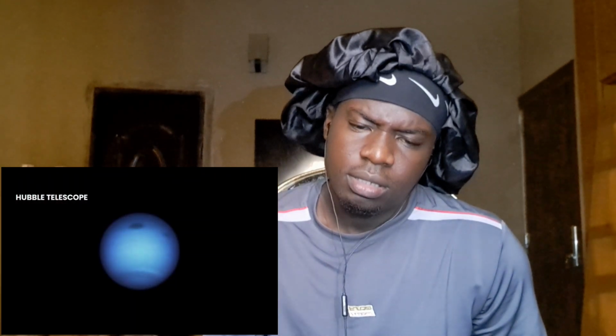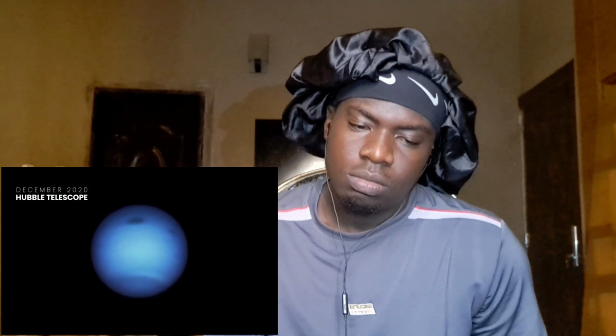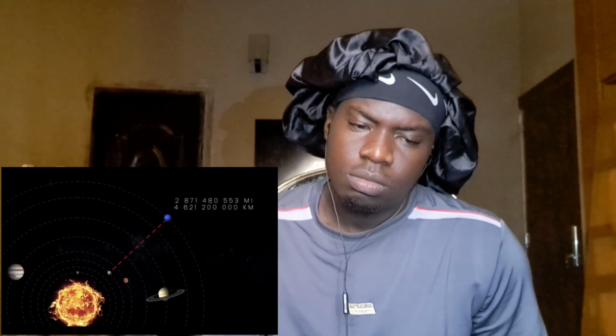The Hubble telescope has taken a recent image of Neptune and in December 2020 snapped this image with the great dark spot. Because it's so far away from us, the best images we have of Neptune from Earth so far